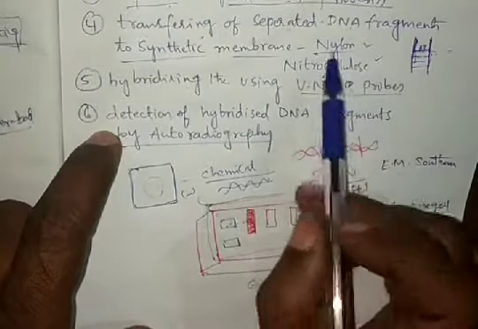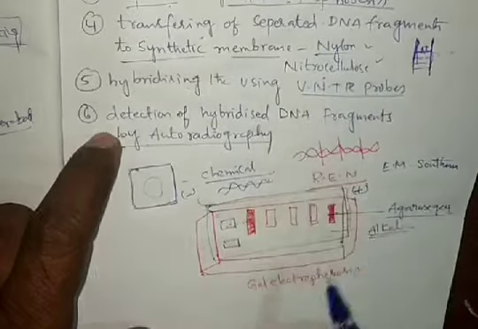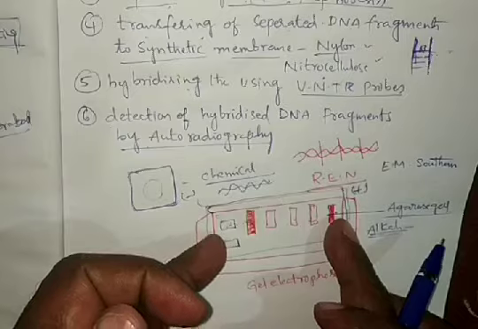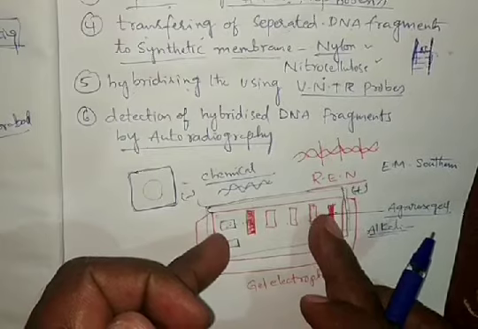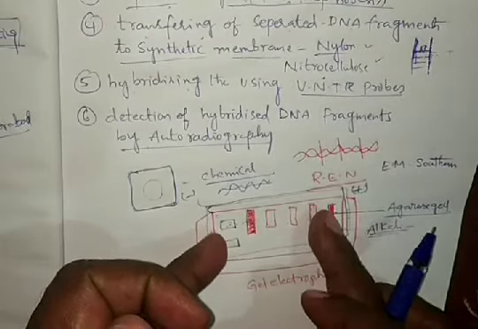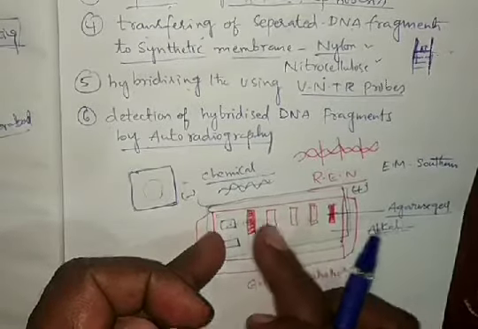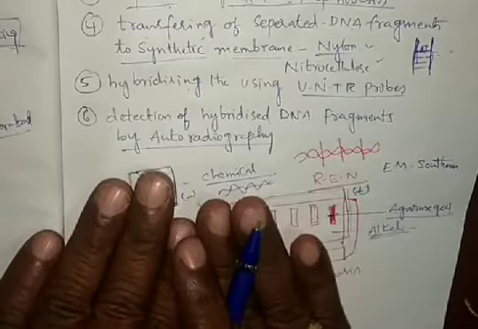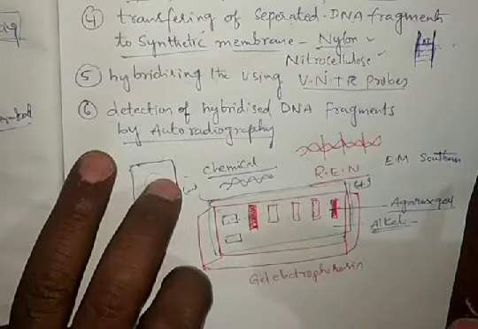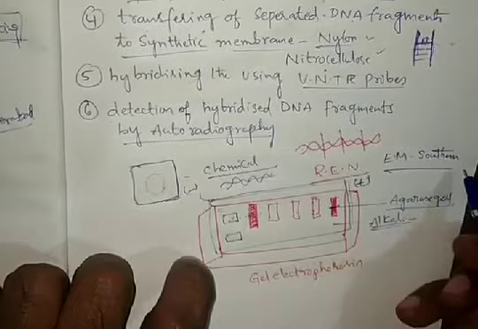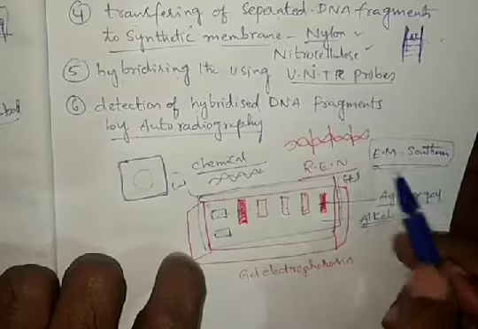So before transferring the DNA to the nylon or nitrocellulose sheet, the gel electrophoresis slab is treated with the alkaline solution, so that the double stranded DNA is separated into single stranded DNA by dissolving the hydrogen bonds between the base pairs. Now we have a slab full of single-stranded DNA segments, and we transfer them to the nitrocellulose sheet. This is called Southern blotting, named after its inventor E.M. Southern.